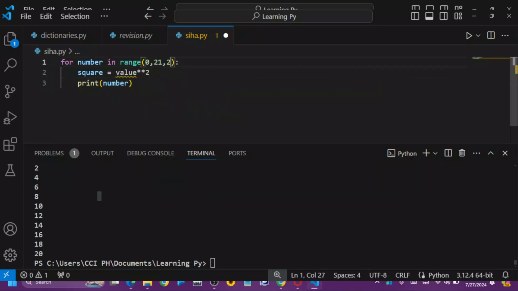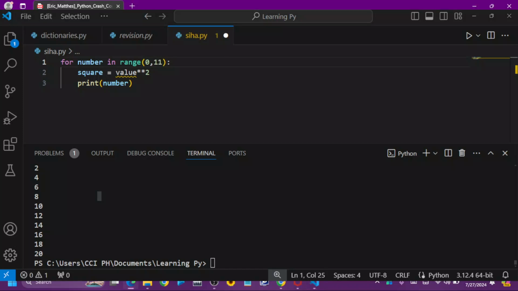Okay, I'm going to remove the step. I want to do from 1 to 10, so the number that should be here is 11, right, and our start number is 1. I don't want to have 0 in my list. Then the next thing I'm going to do is